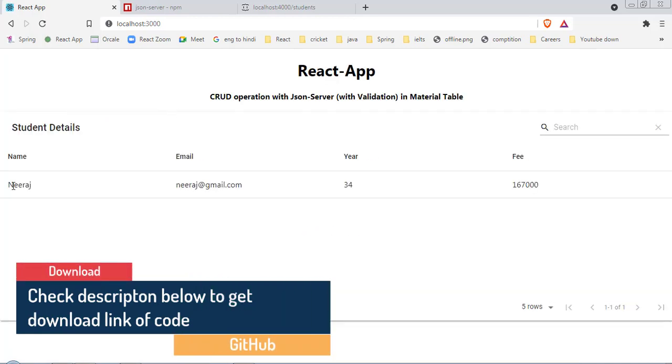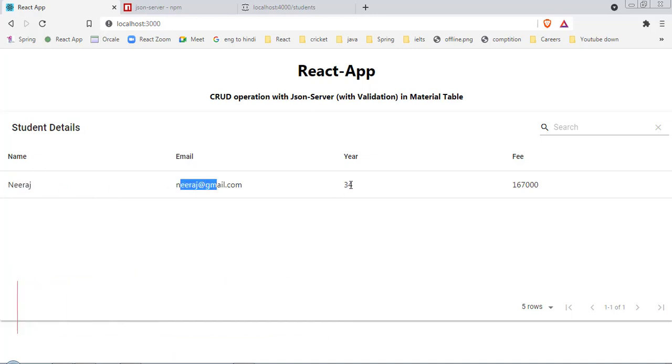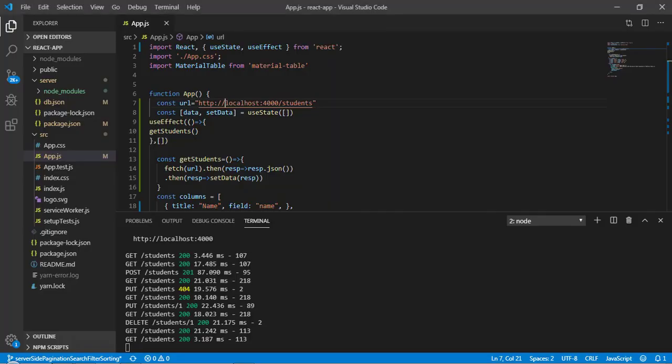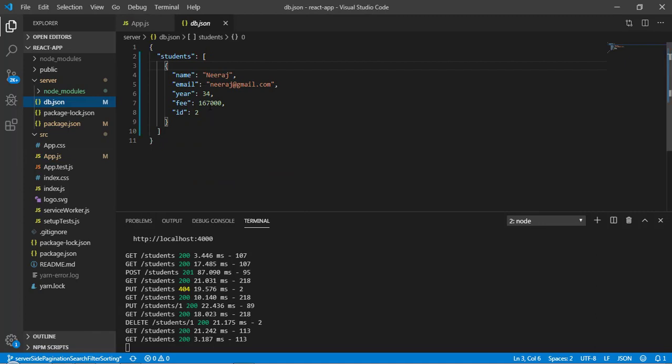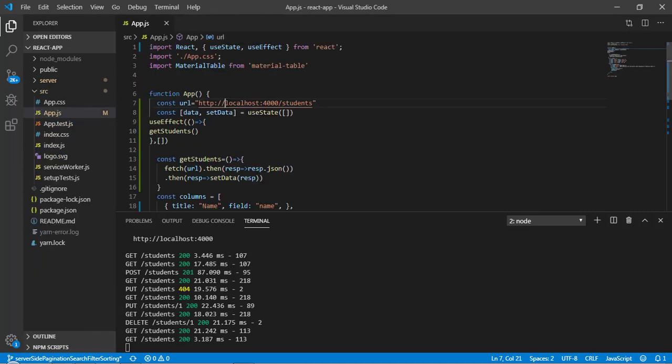So now as you can see we got this data Neeraj, and here we have Neeraj 34, and we have this fee. Okay, and this is the same data we have in db.json, as you can see here. So right now we have started getting data from our API.